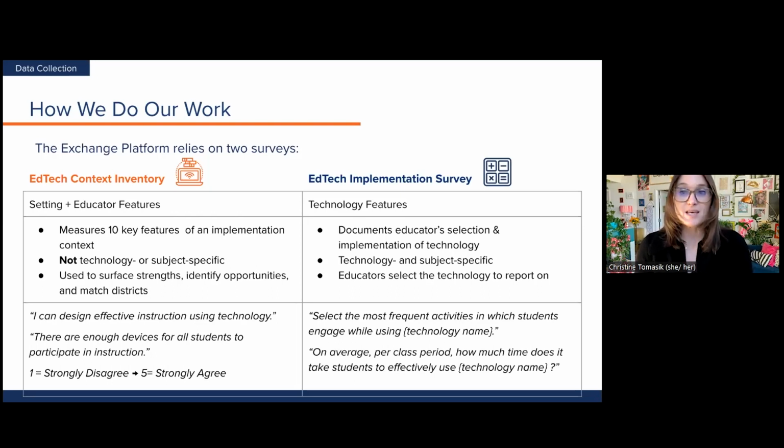This survey is focused on one specific technology tool and does ask educators to identify a particular math technology they use for instruction, or a math technology that they helped select if they are a decision maker. Educators answer a combination of closed and free response questions about their selection and implementation experiences with that math technology.